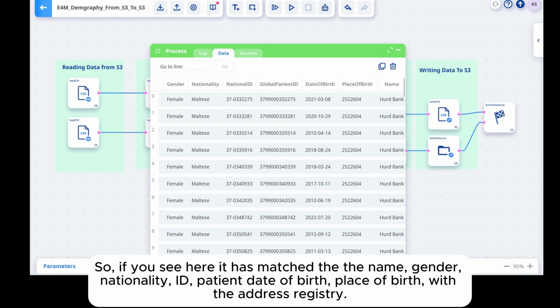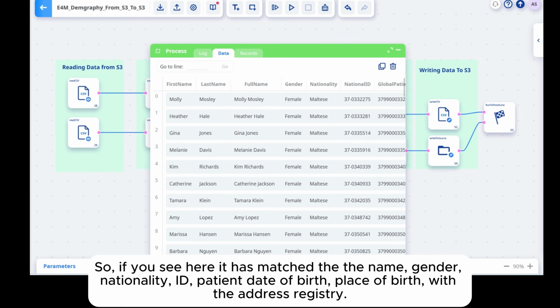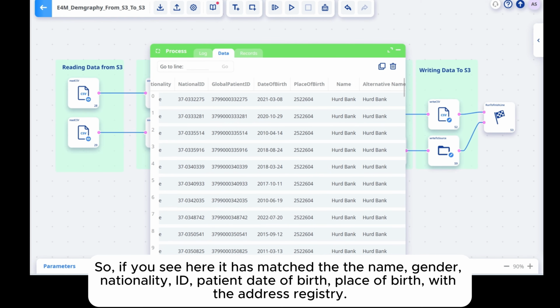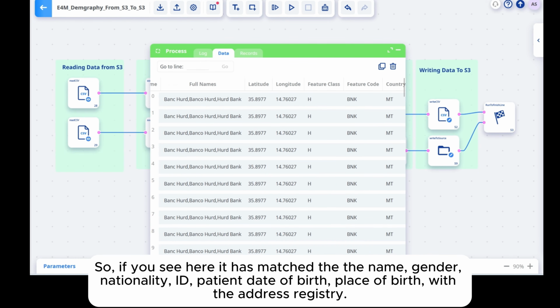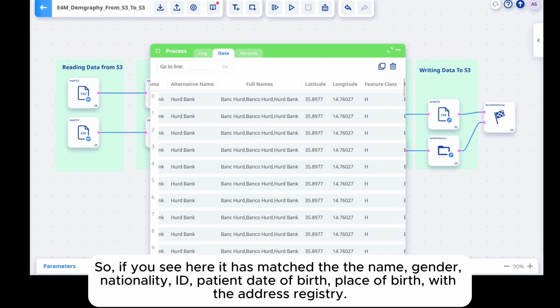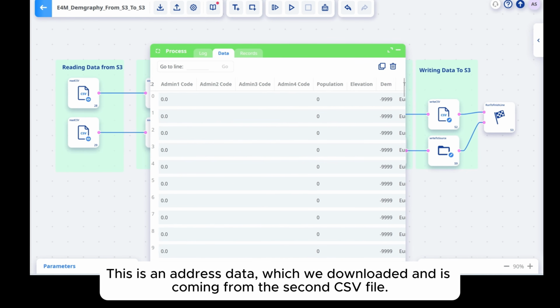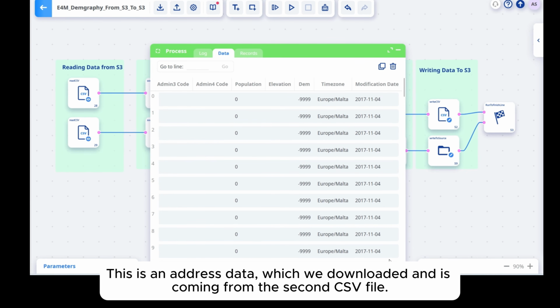If you see here, it has merged the name, gender, nationality, ID, patient, date of birth, place of birth with the address registry. This is the address data which we downloaded, coming from the second